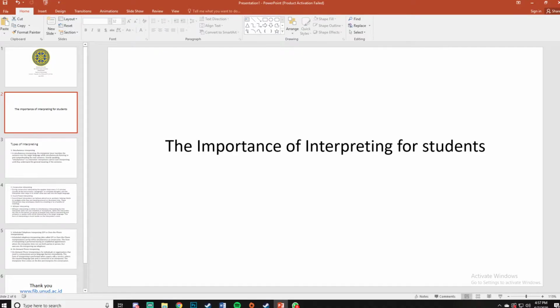The reason why it's really important for us to learn interpreting is that we have more opportunities for jobs after we graduate. Many businesses here are actually looking for interpreters, because they act as a bridge of communication between one businessman and another. Sometimes they cannot understand that language, so we need to be that bridge to connect them with each other, and that is why it's really important for us to learn interpreting.